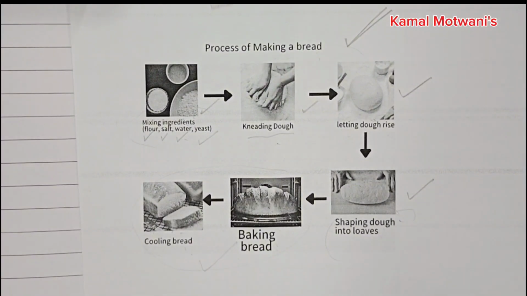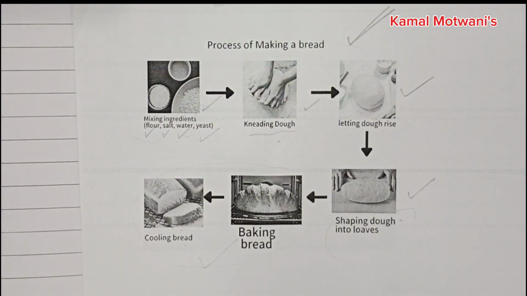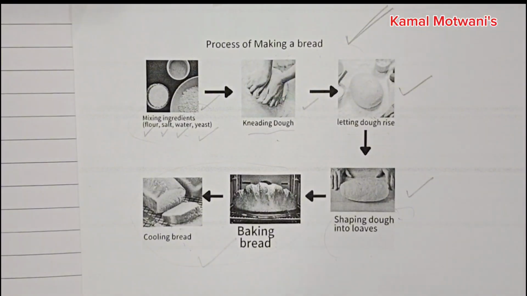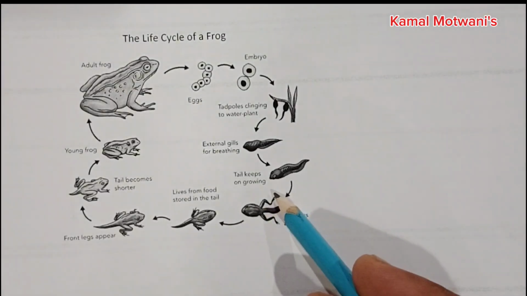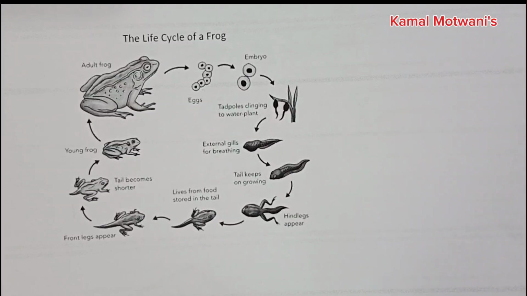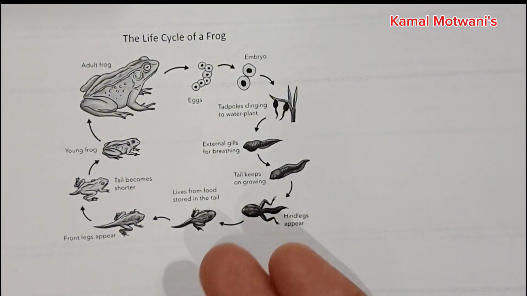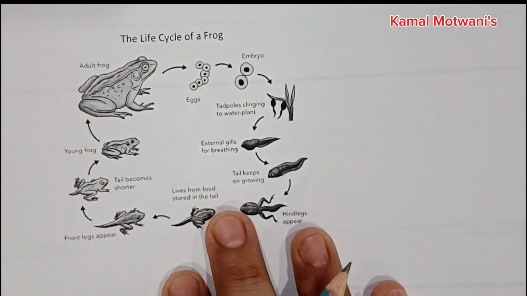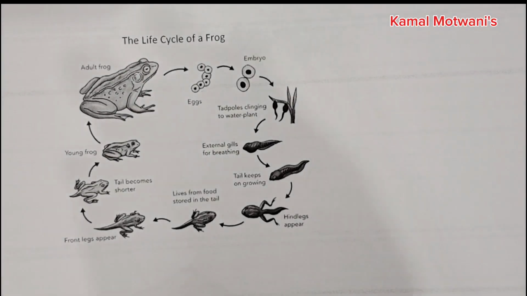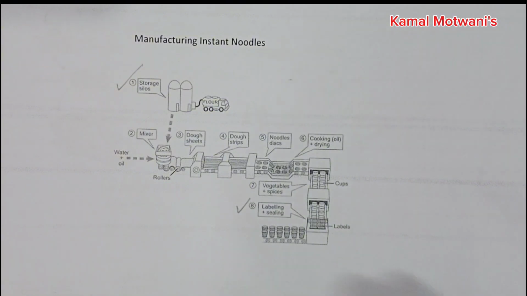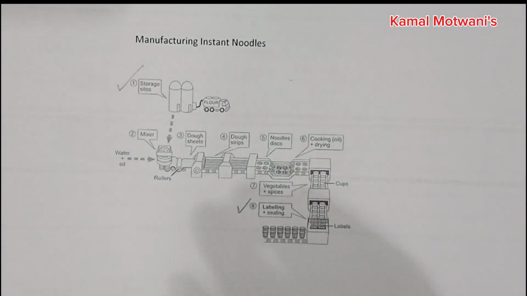If you are well versed with the process, or you have general information regarding the terminology being utilized for this process, then you will be able to narrate it. Same goes for this natural process. If you are well versed with the terms that can be used in the life cycle of a frog, then you will be easily able to explain the steps of the life cycle of a frog. Same goes for this process, and so on. These are just a few examples that I have given to make you understand the process diagrams.